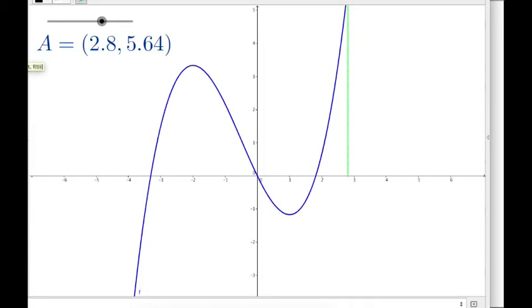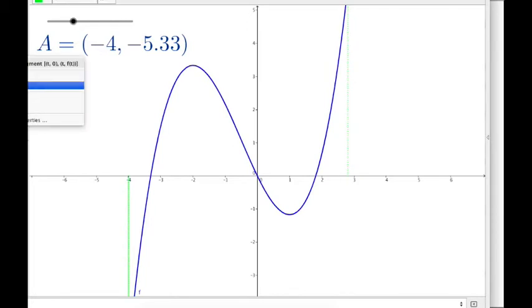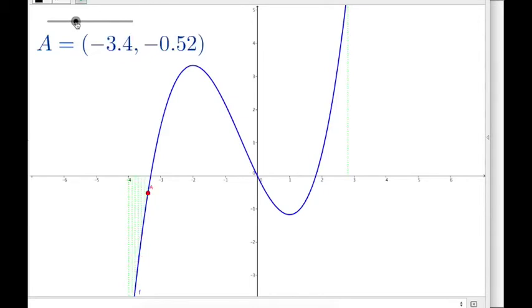All right. So I have this set up so that it colors green when it's increasing, and it colors red when it's decreasing. Let me get it back to starting point. Okay, and I'll turn the tracing on and run it through. So on this interval, and we always look at the x-axis, we do not look at